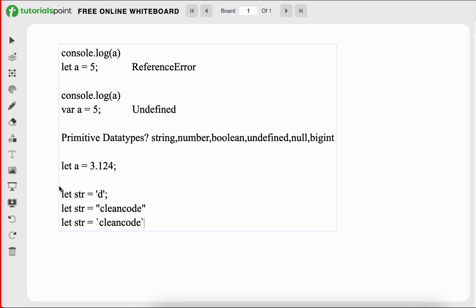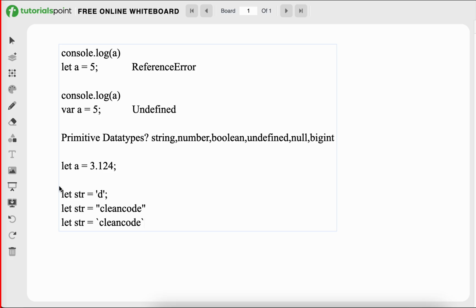In Java there is a separate data type called char. Here, in the same variable, we can use single quote, double quote, or backticks. So this is regarding the string.